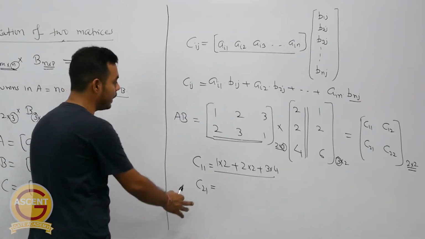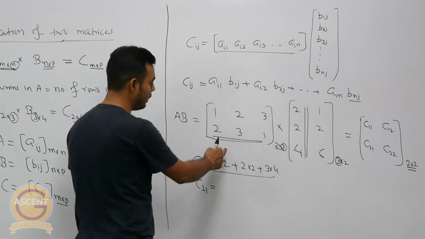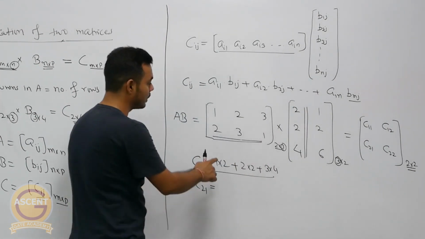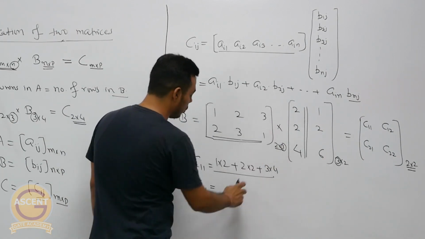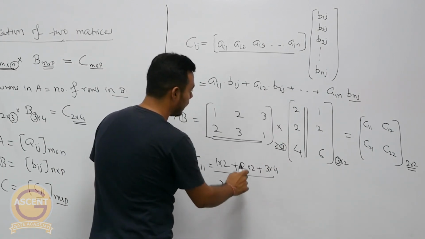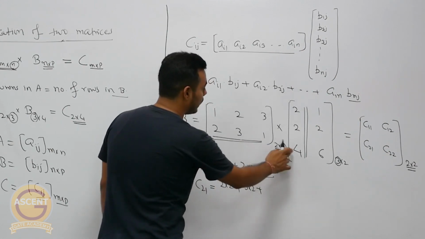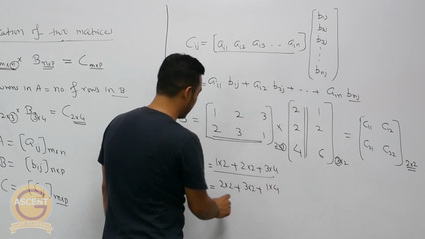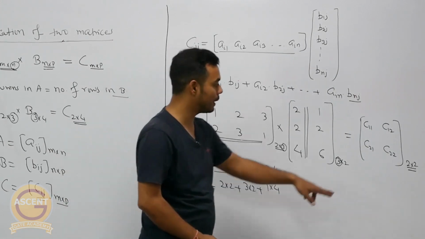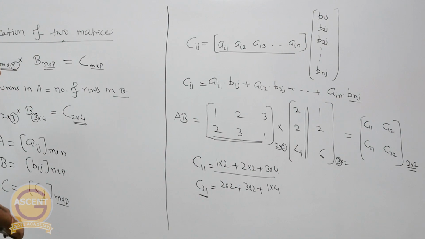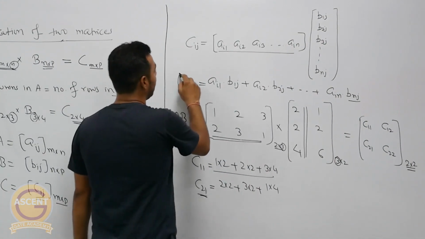So C21 will be 2 into 2 plus 3 into 2 plus 1 into 4. This will be the element in the second row and first column of matrix C, which is the product of the two matrices A and B. So this is the formula to find any element